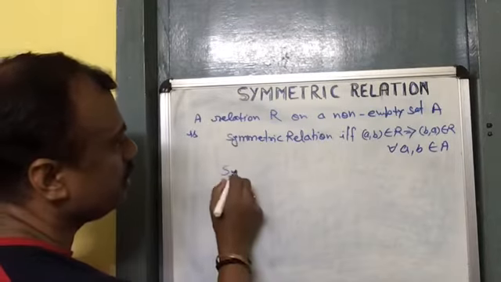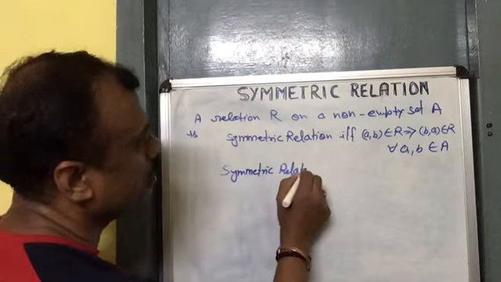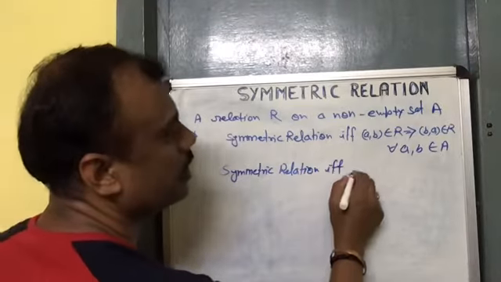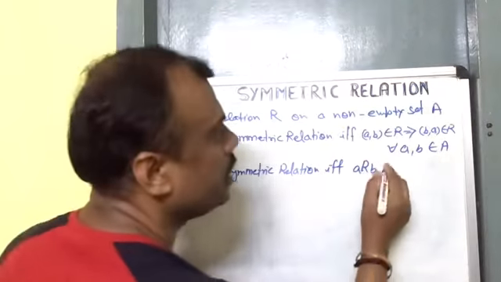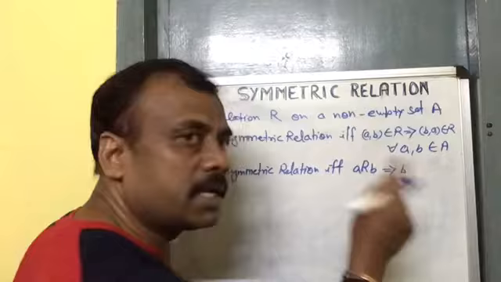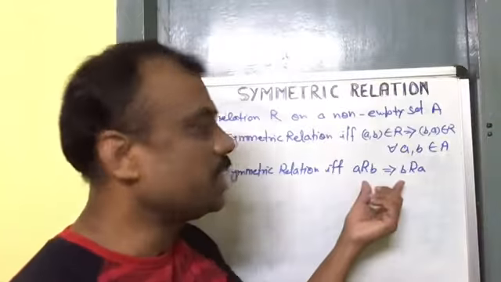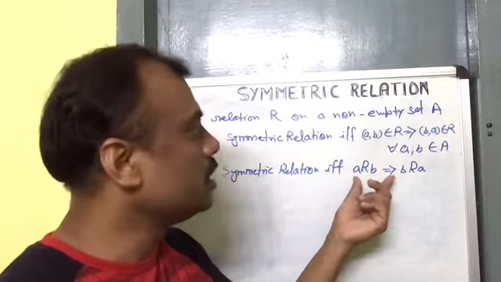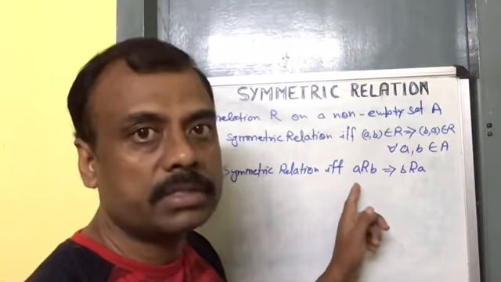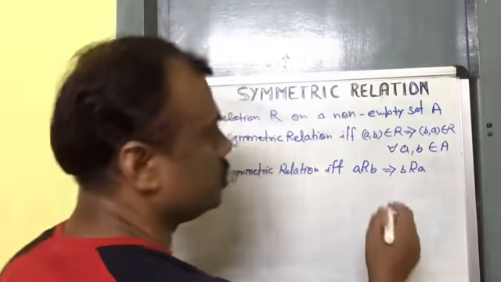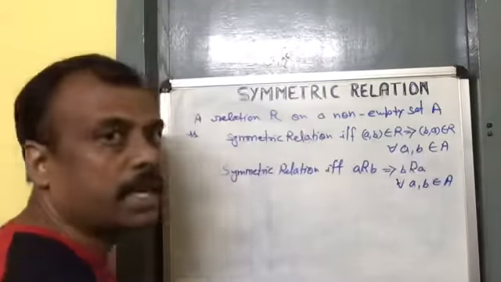The same relation is a symmetric relation if and only if a is related to b under the given relation implies that b is related to a under the same relation. If such a thing is there in that relation, it means that relation is a symmetric relation, and it must be true for all elements of that relation, so for every (a, b) belonging to A.